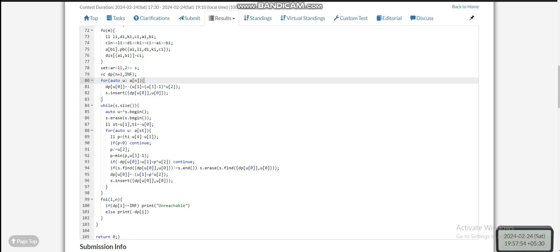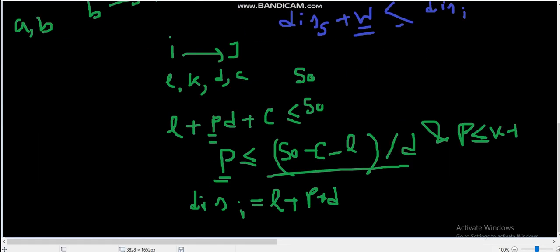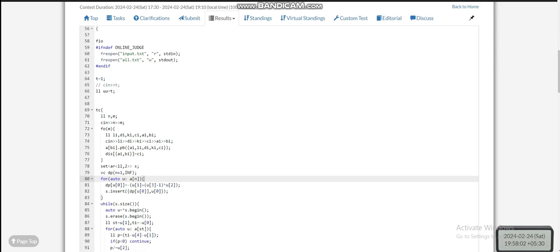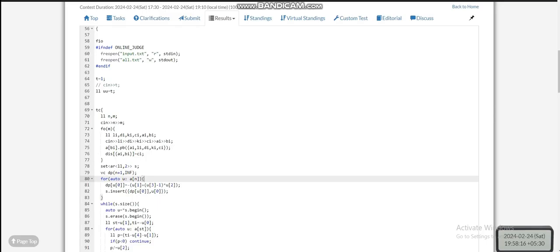So we are doing dp u0. So u is taking these values. Okay, so this is a l d k c. So the tuple will be nothing but a l d k c. So that's why we are doing dp u0 is nothing but